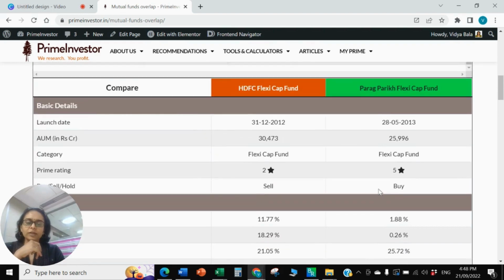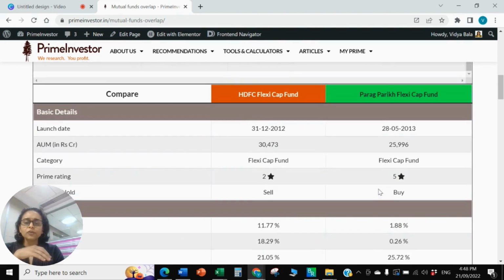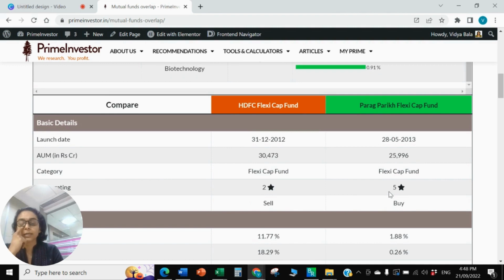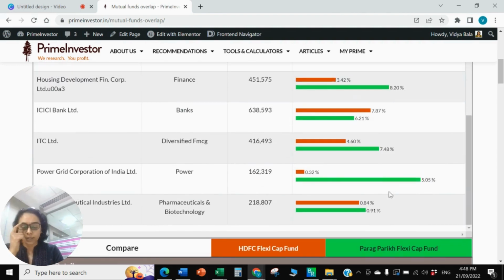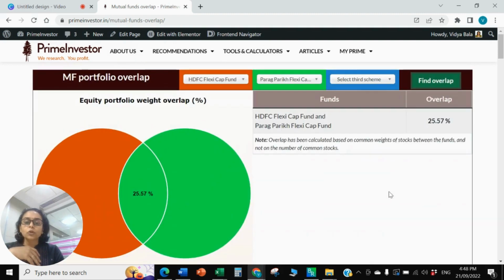And even if you find that difficult, if you're a prime investor, we directly give you our view here. You can also go to our MF review tool to check our view. In this case, one fund is a clear sell and the other is a buy. Of course, the overlap is minimal here, so it doesn't matter. But in the earlier one that I said, where you have 3 funds, if you had to decide between them, what would you go for?